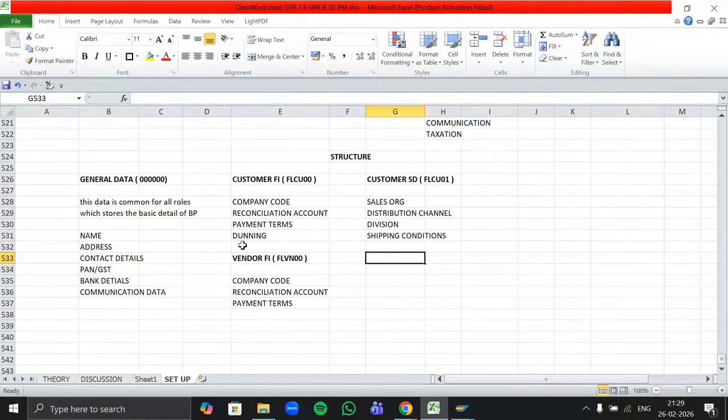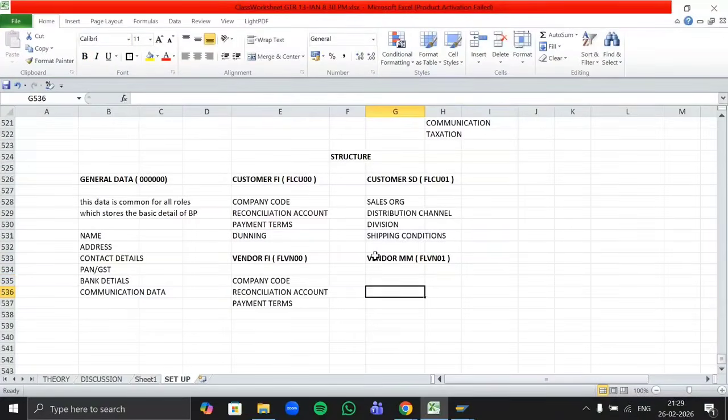Now if you are purchasing anything from your vendor, then that vendor should be a part of your purchase organization. Then to extend your vendor as a part of your purchase organization, the role will be changed to vendor purchasing, and the role code will be FLVN01.